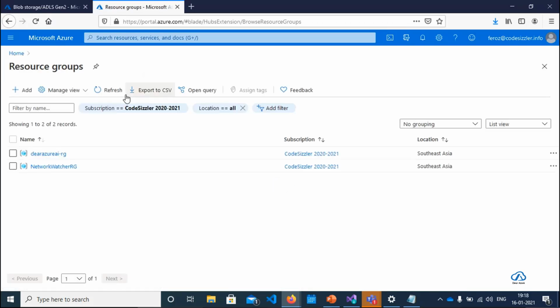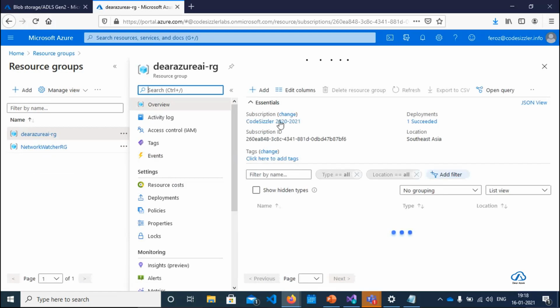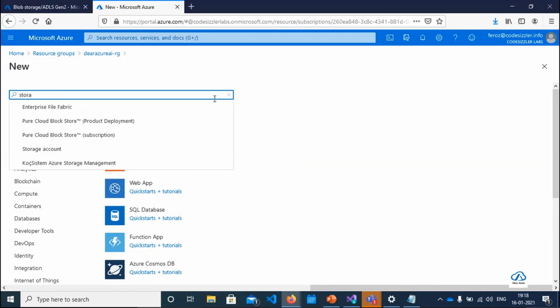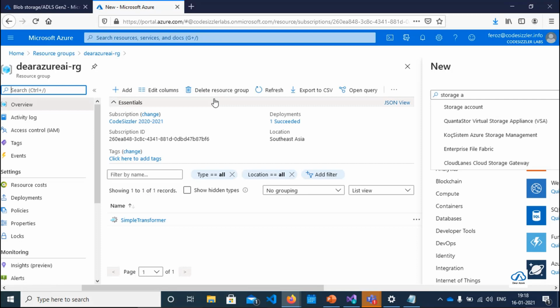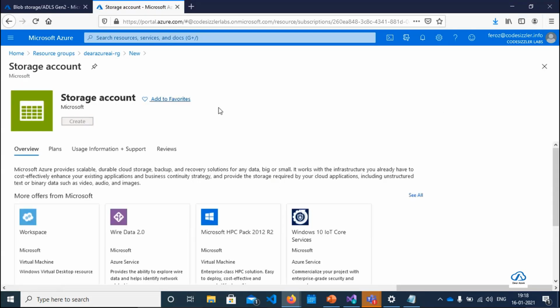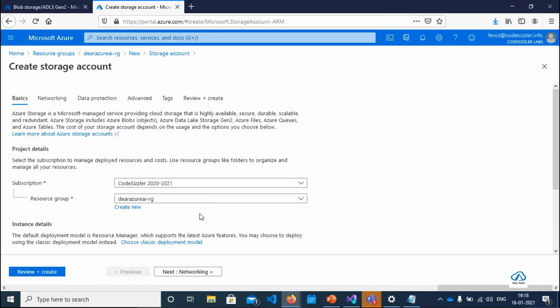Let's go to the resource group and I'll create a blob storage here. I'm a bit fast on creating it as we have 45 minutes, and you can look at the recording to make more sense of it. Okay, let me click on create.